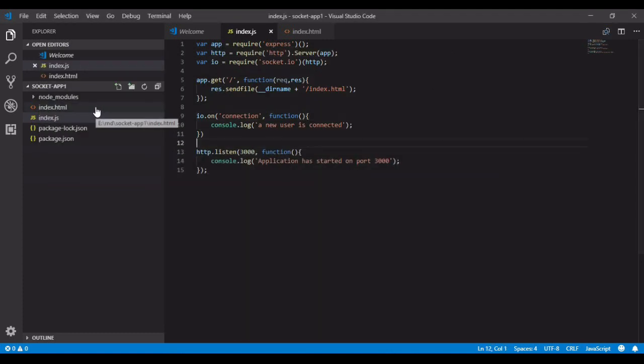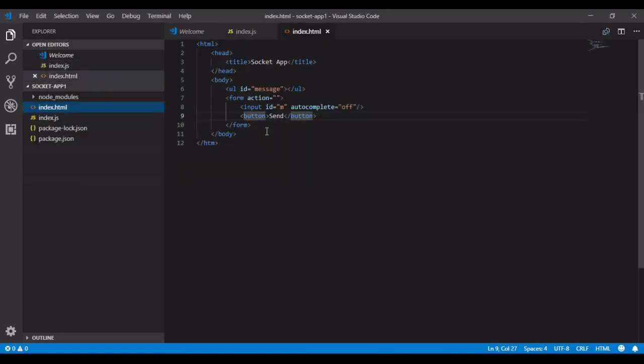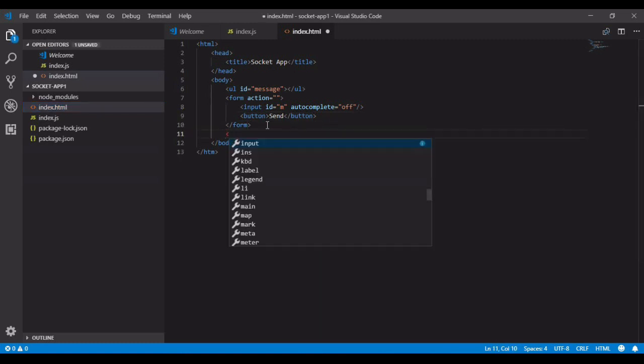Once socket.io has been added in my application, I can go in my index.js file